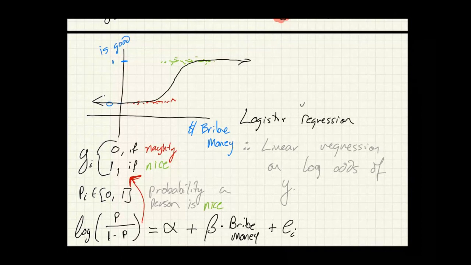So the point of these kinds of models is, okay, I have a y that's really not normal. In this case, it's binary. Either a kid is naughty or they're nice. And I can't assume that my residuals are going to be normally distributed if I model it directly there. So instead, I'm going to introduce a different sort of function that maps me from something that is linear, where I can do linear regression, and my original output, which is just binary.